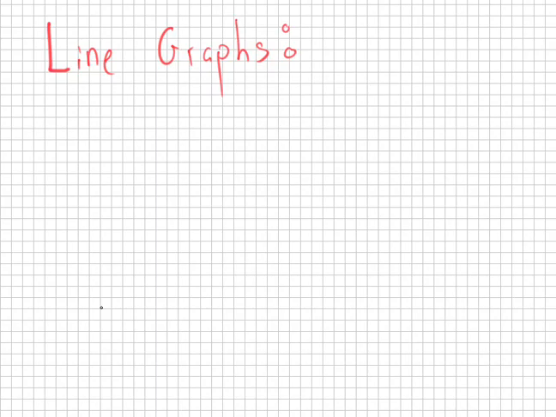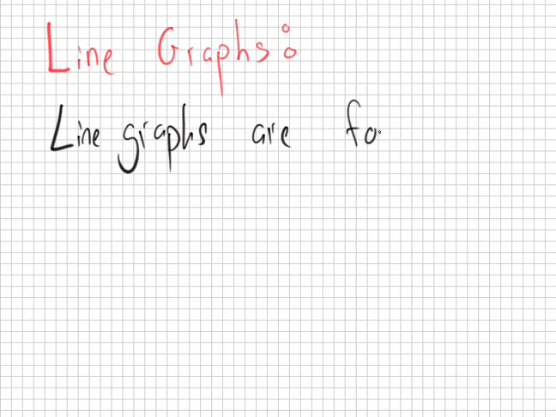So you need two things for a line graph. Line graphs, you use them for data which I call y against time. So in other words, it's looking at how something changes with respect to time. So for example,